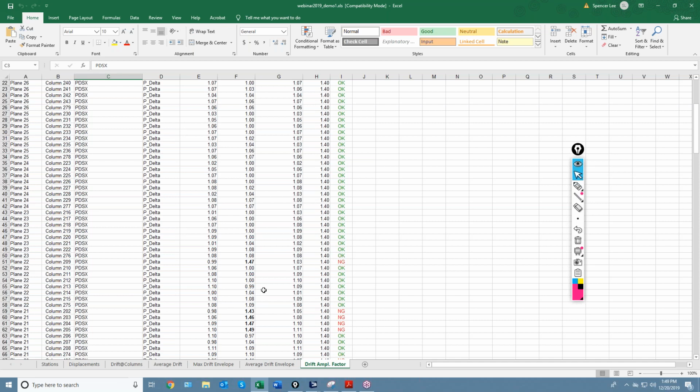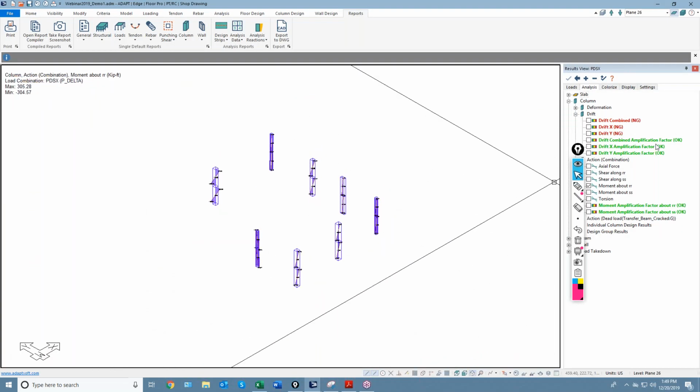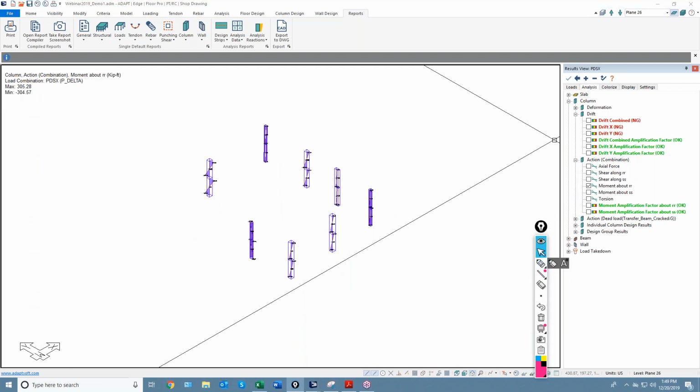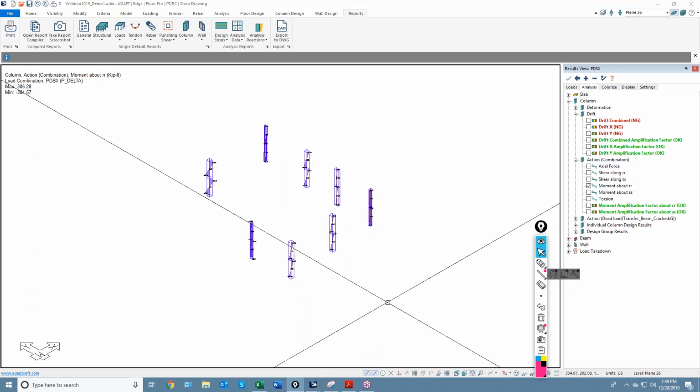In previous versions, all of the drift checking had to be done through the code check or through trying to obtain displacements based on the slab contour or the column displacement points graphically, which is still there. I mean, it's still useful, but we just offer another option here to obtain some of those results. Okay, so that's Pdelta and drift